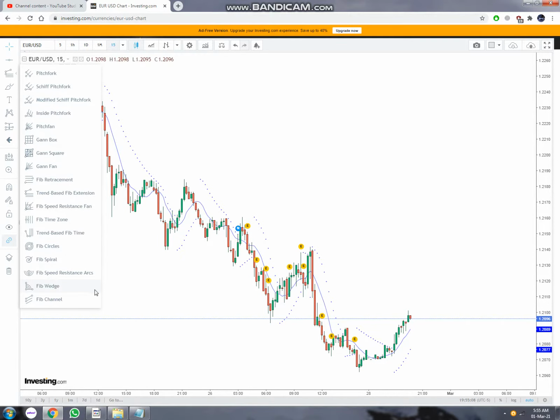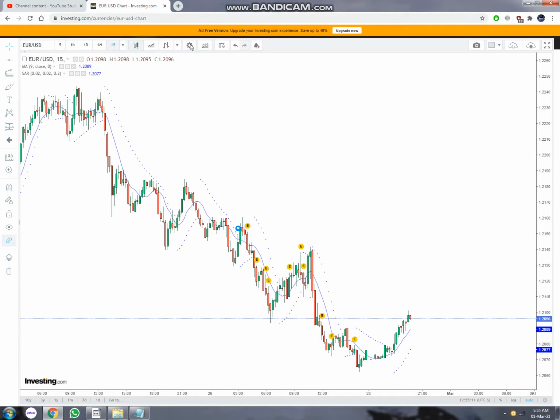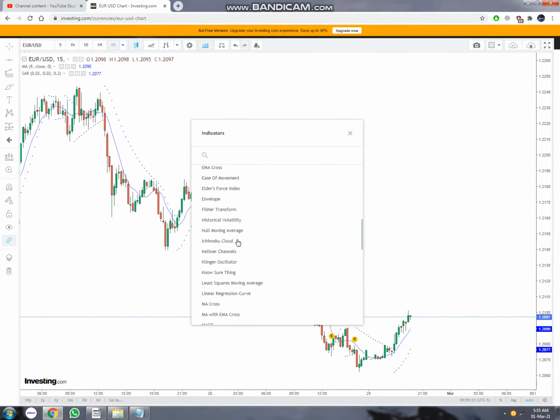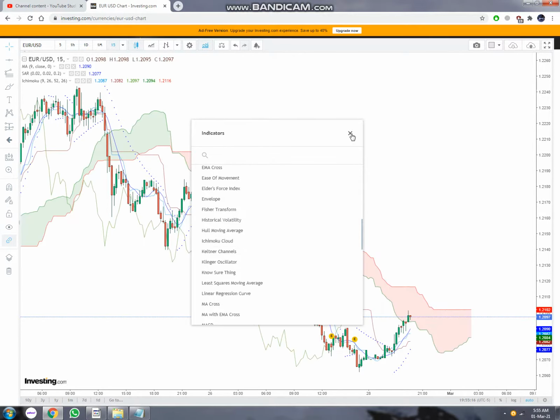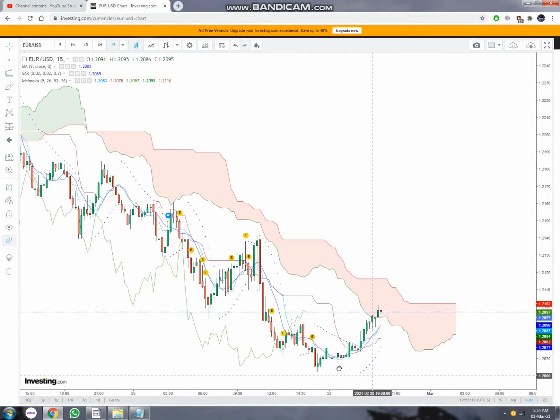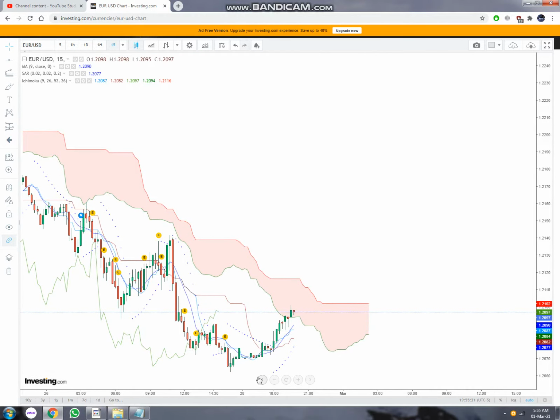What other indicators can I show you? Yes, let's see the Ichimoku cloud. I'm just explaining how you can use these indicators to determine the direction of the market and how well the market is doing. You can see that it is now crossing the cloud. When it enters the cloud, it means this area is the indecision of the investors, so never buy or invest in this area.